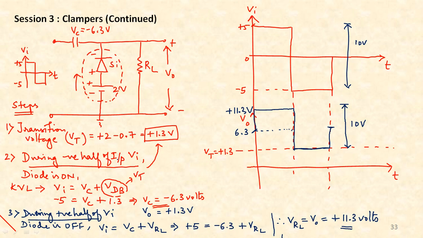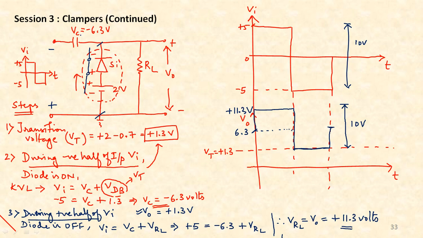See, during the negative half of the input, the diode is on. Whenever I say negative, it is minus, plus. We are applying negative voltage to the cathode and in turn positive voltage to the anode, due to which the diode must be on. When it is on, it behaves as if it is a short circuit, with the drop determined by the drops across the diode as well as the battery. So in that sense, the drop is the output voltage, which is plus 1.3, right?